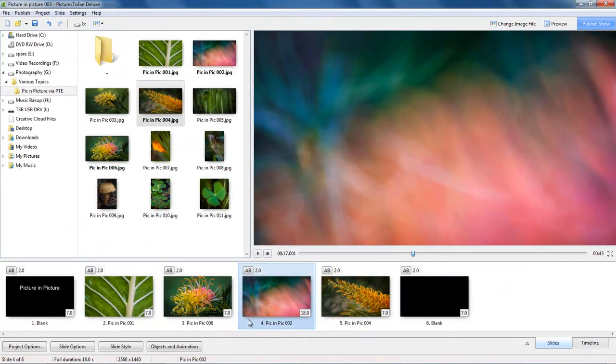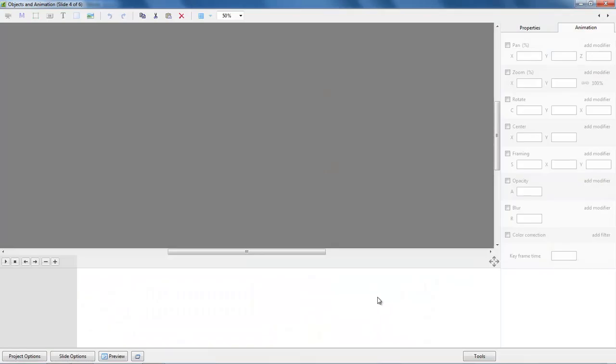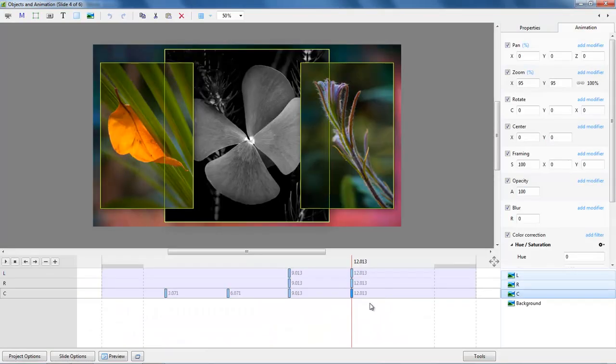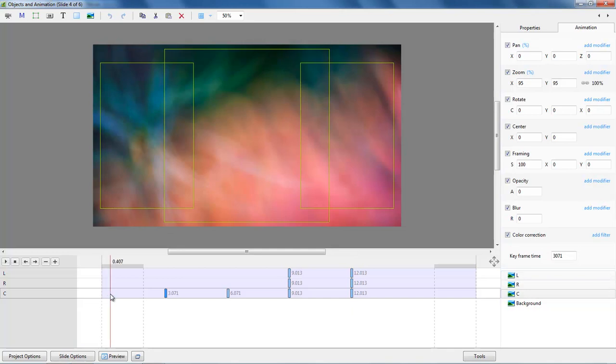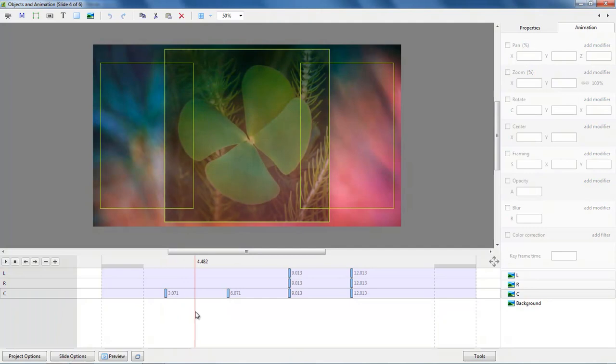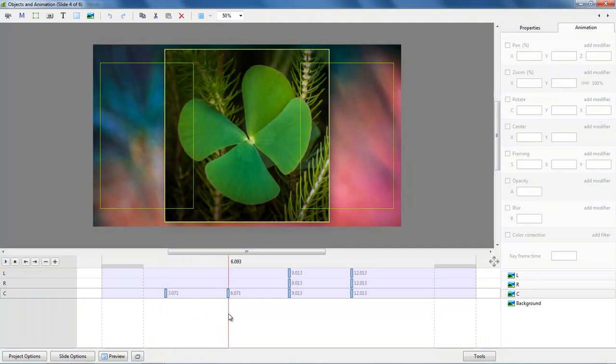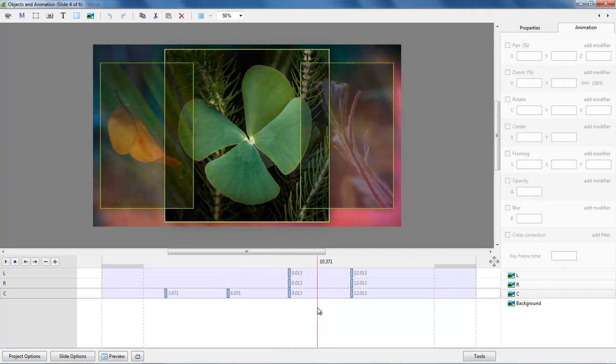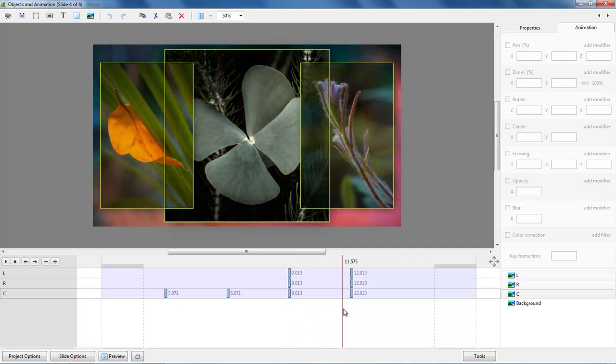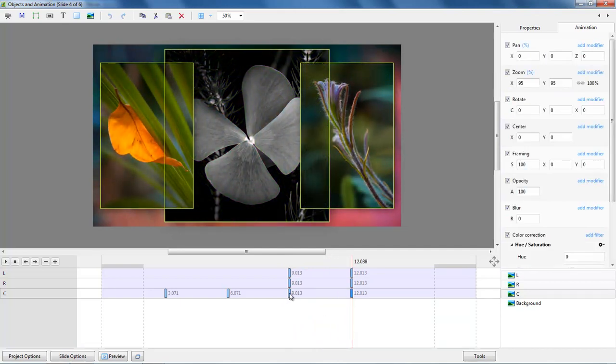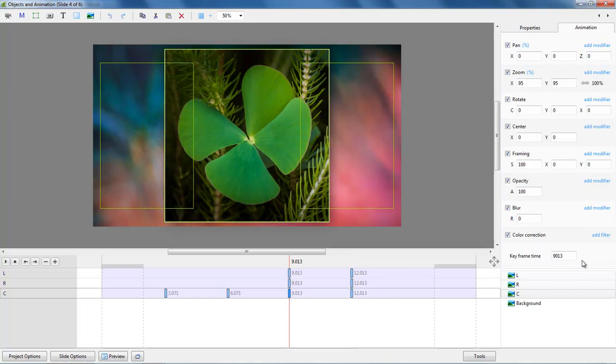But the way we create it is no different to the keyframe work we've been doing up to now. There's the center image identified at the bottom. There's the first of the keyframes, which brings it on screen. I've got it doing nothing from 6 seconds to 9 seconds, but from 9 seconds, when the others start to come up, to 12 seconds, what I've got on this keyframe is,